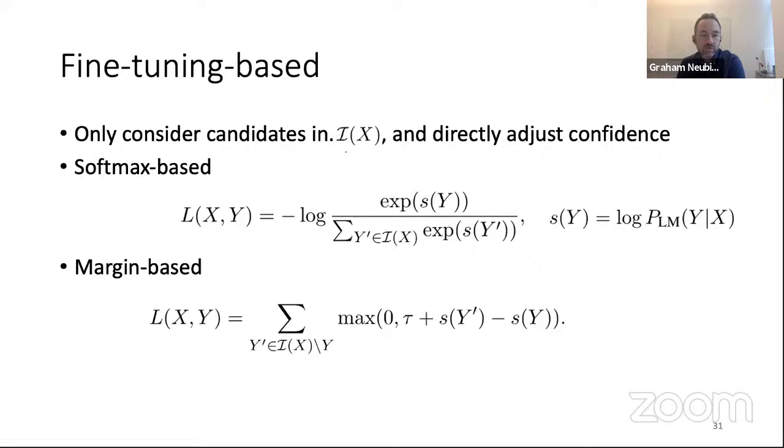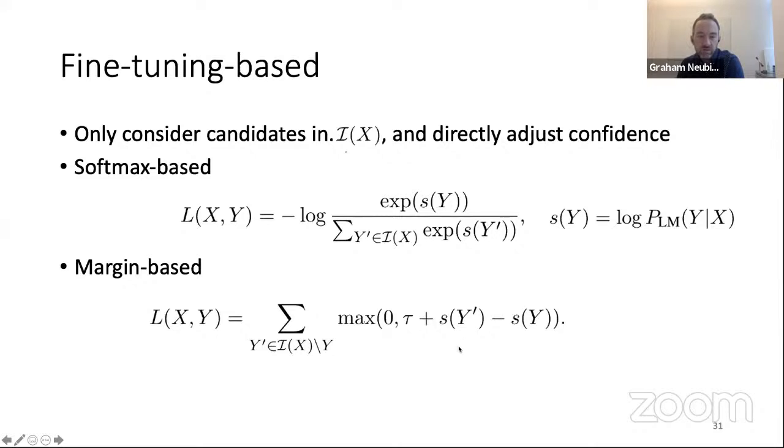The fine-tuning based methods basically only consider candidates in the candidate set. So they only consider the multiple choice candidates, or the extracted spans that beam search found, and they directly adjust the confidence. The way this works is we formulate a loss function that is a renormalized score for all of the candidates. We can also do this with a margin-based loss function. The reason why we chose to try a margin-based loss function is we found them more effective for training models